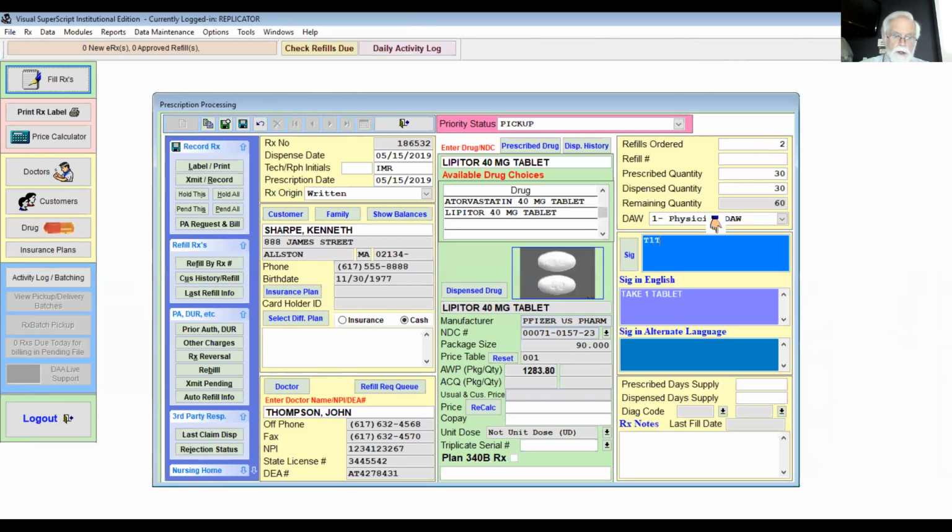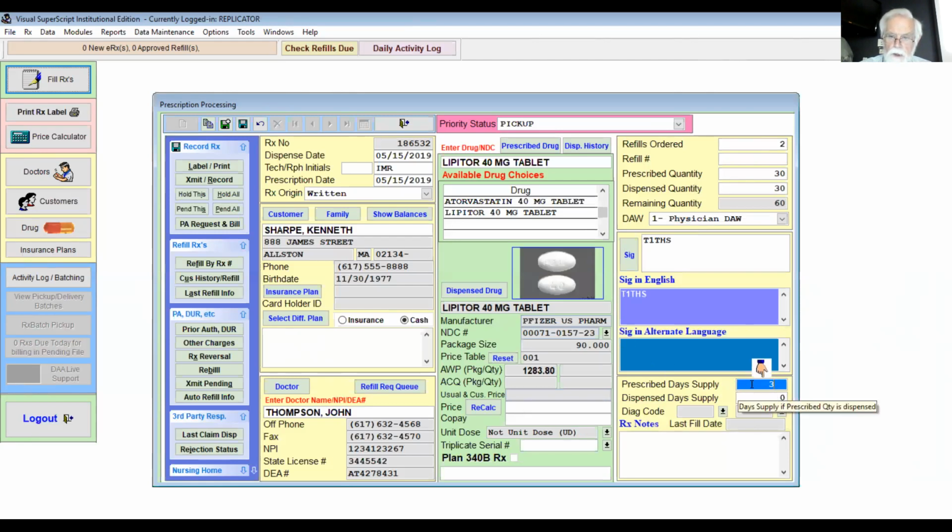It's actually translating that. HS, and enter. Now, note that it doesn't put it in English. It doesn't recognize HS. So we need to change that. Okay, we're going to have to go back up. It's not allowing that. So let's do the 30 days is the prescribed, and the dispensed is going to be